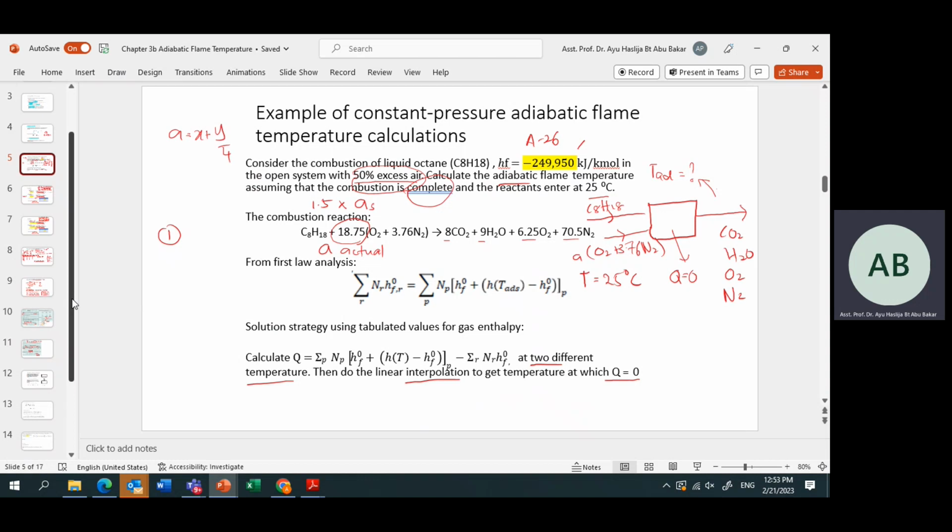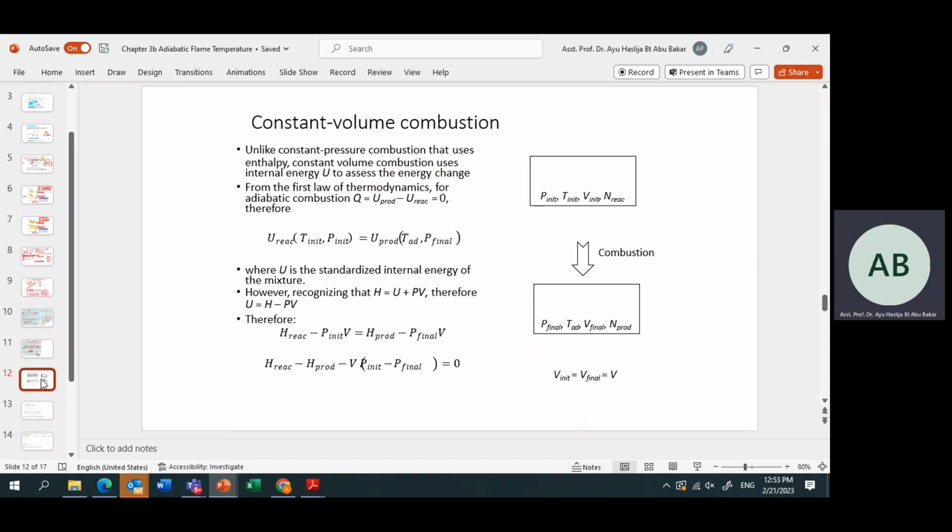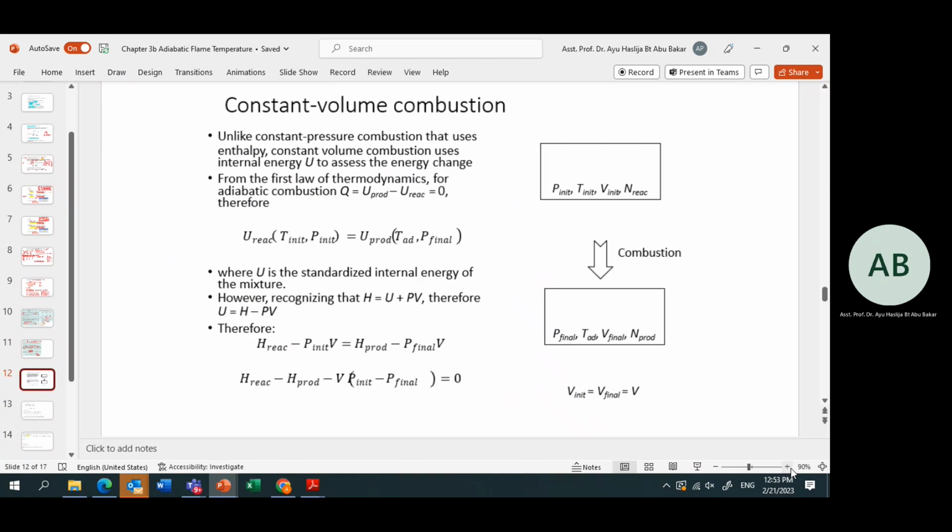But what if you have constant volume? Constant volume system. Okay, constant volume, so the equation is slightly different,